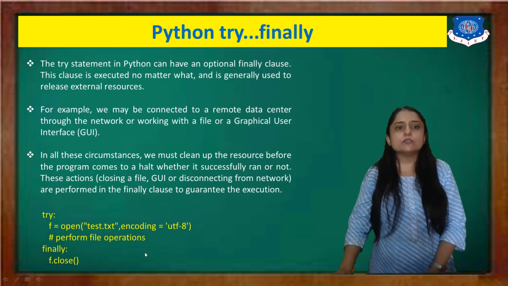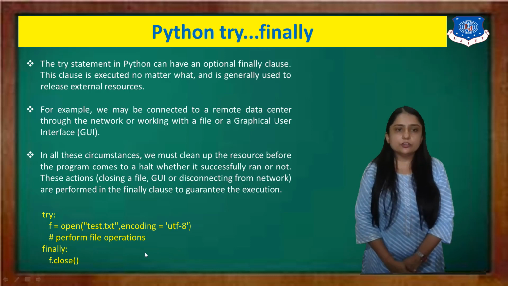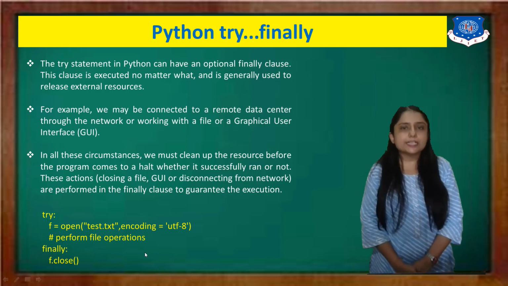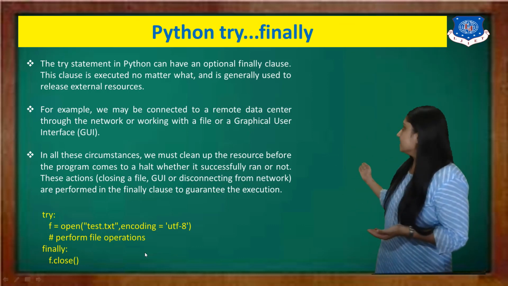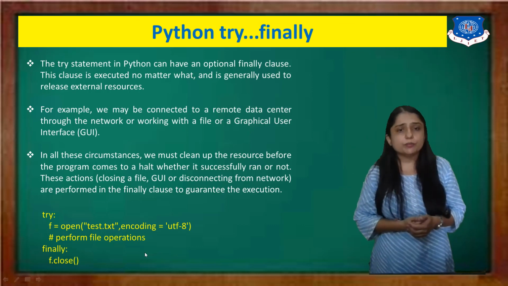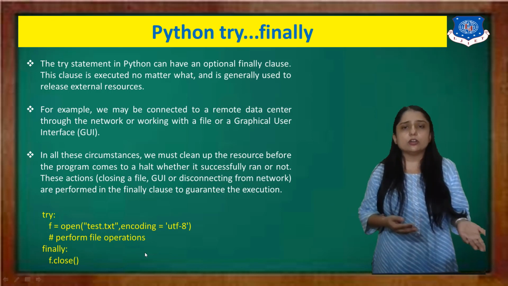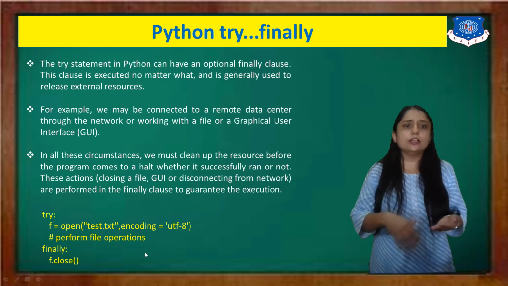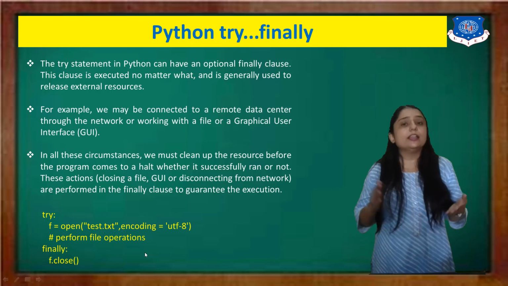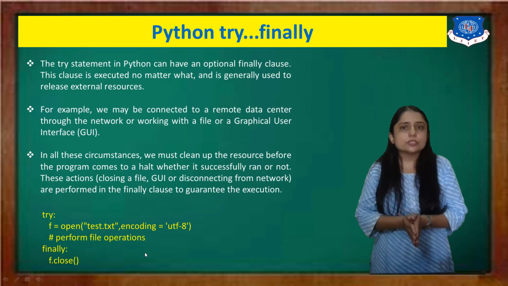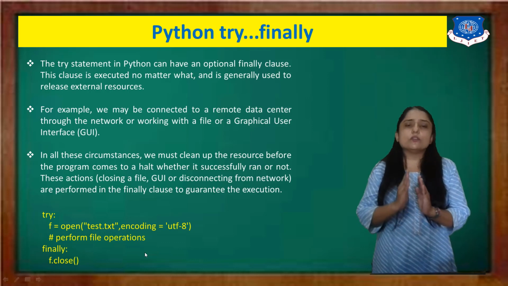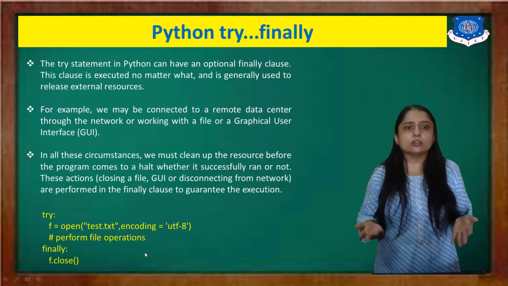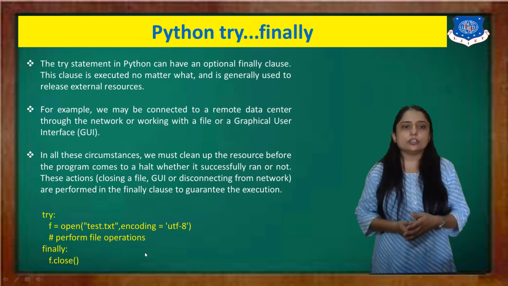Now the example is this. Here, in the try: f equal to open, some text file, and here I have specified some encoding format. It is not necessary that you specify this encoding format. You can just use read, write or append mode, anything. Then you do some file operation. And finally I want to close that file, so I use f.close. Whether any exception occurs or not, this statement will execute, that is finally. So I hope this is clear.